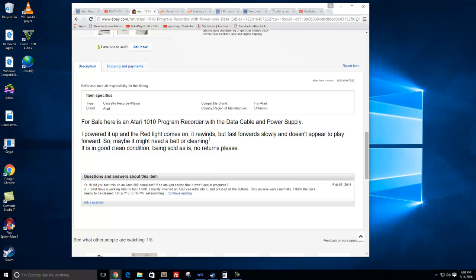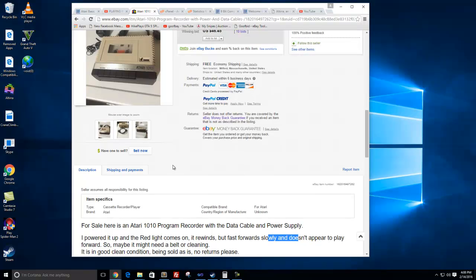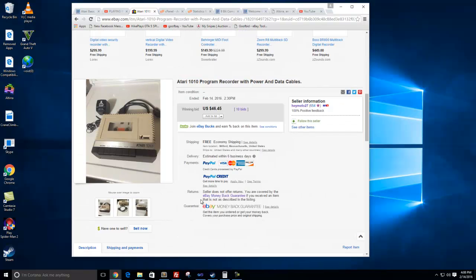So what I'm guessing, and I'm hoping I'm right, from what I recall about the program recorder is that you can always rewind it when it's not plugged into an Atari computer. You can also fast forward it, and it does fast forward slowly. But the play button will never work because you have to activate it with what's called a C-load command, which, I forget what that stands for, but there's C-load and C-save if you want to save programs. So you have to clone it, so to speak. If you don't C-load it and just plug it into a wall, you'll never be able to get the play button to work. So I'm pretty sure because of that, I'm hoping that it actually works.